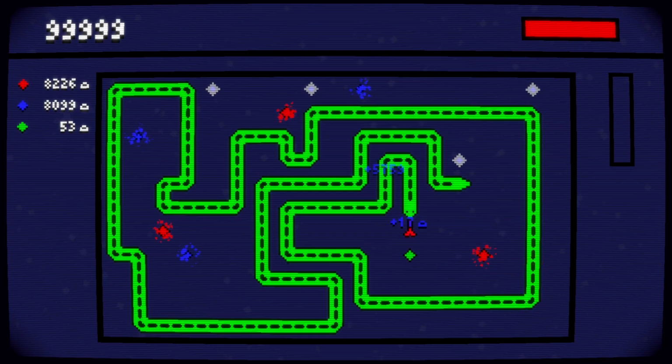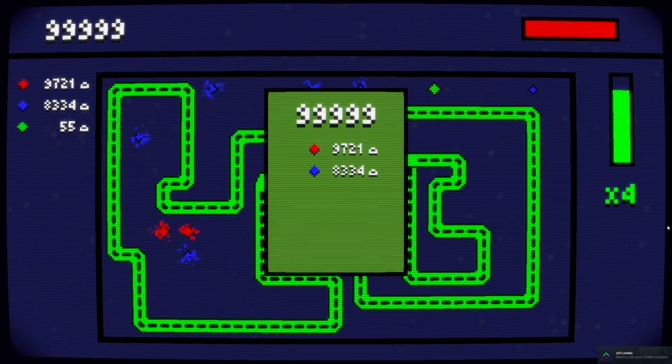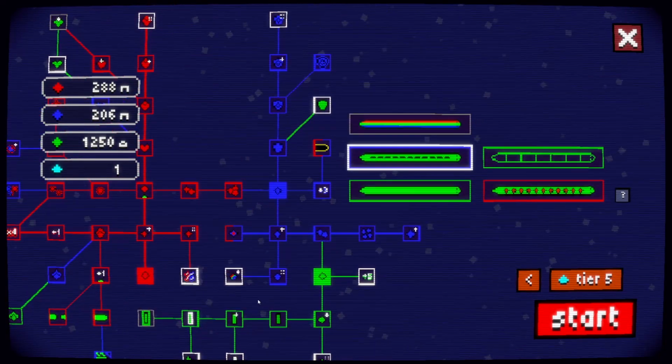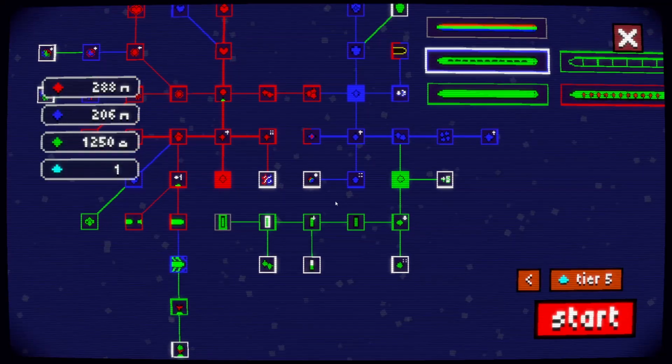Just follow our tail here. At least then we cannot die. Oh no, we can die. Reach a 10 times combo multiplier. Thank you for the achievement, Steam. We're up to the next tier now. Oh. That means we can get